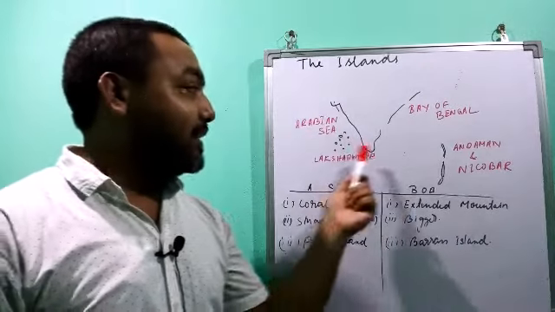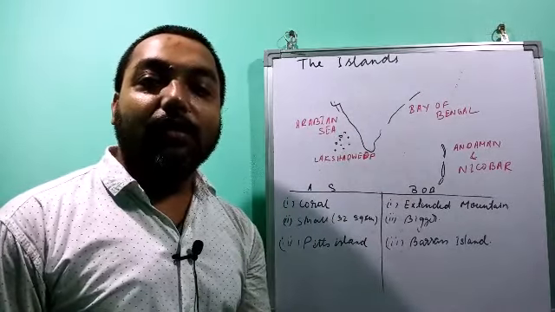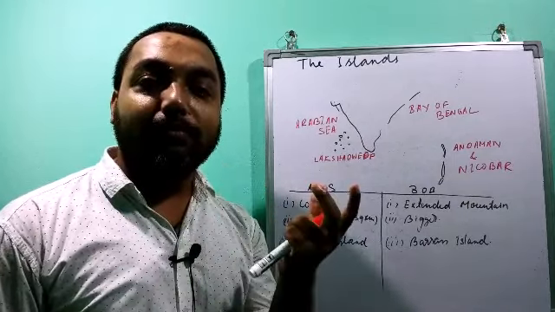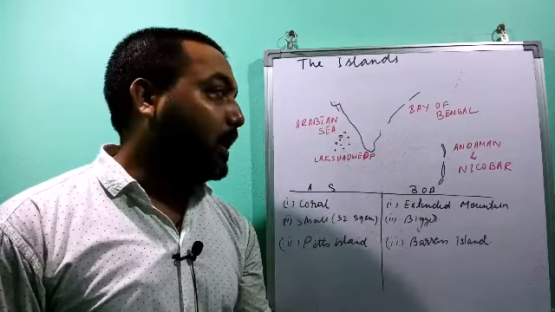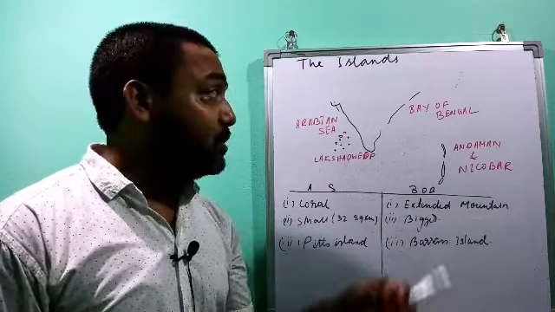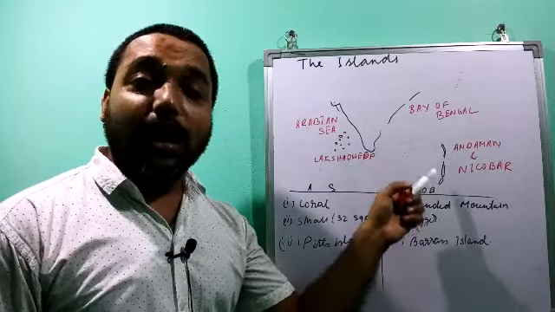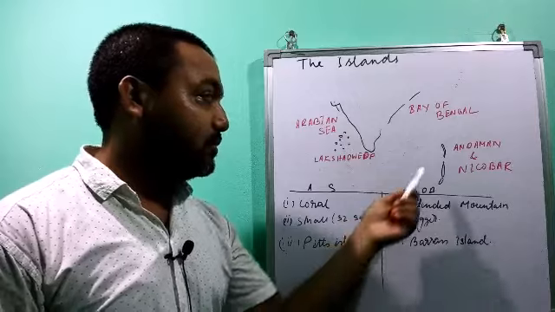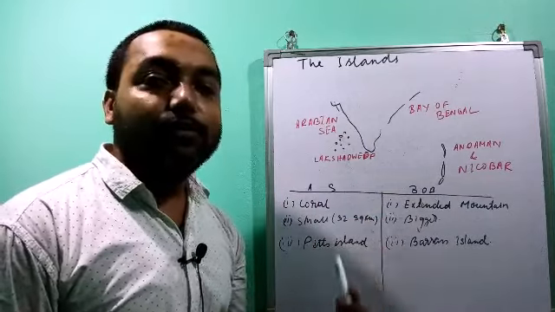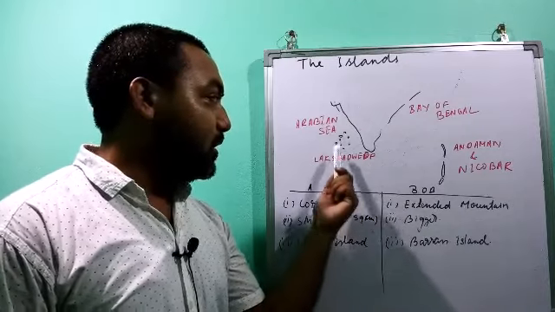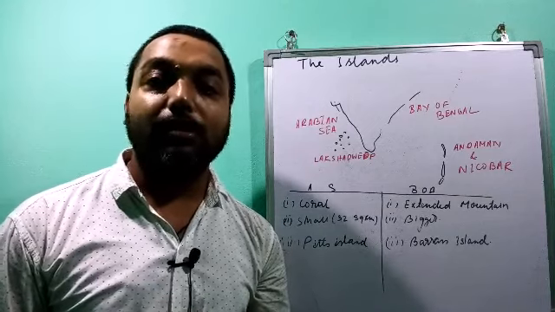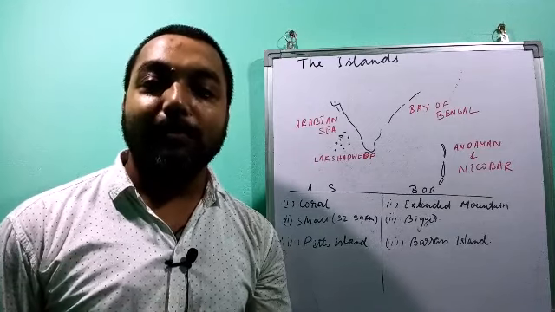The characteristics of both these islands are a bit different. Lakshadweep is made up of scattered small islands, many islands collectively forming it, and the Andaman and Nicobar are comparatively bigger, elongated islands. It is believed that these islands are the extension of some mountain. If you do a comparative study of both these island groups, the Lakshadweep is made up of coral polyps or coral accumulation. Now what is coral polyp or coral accumulation?